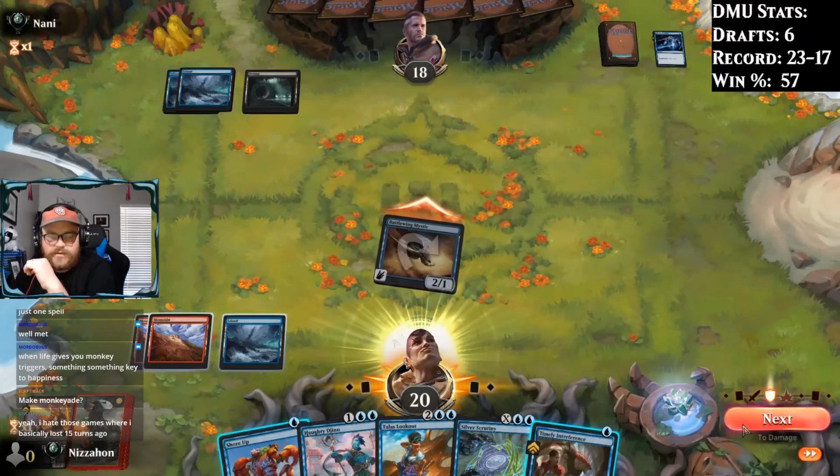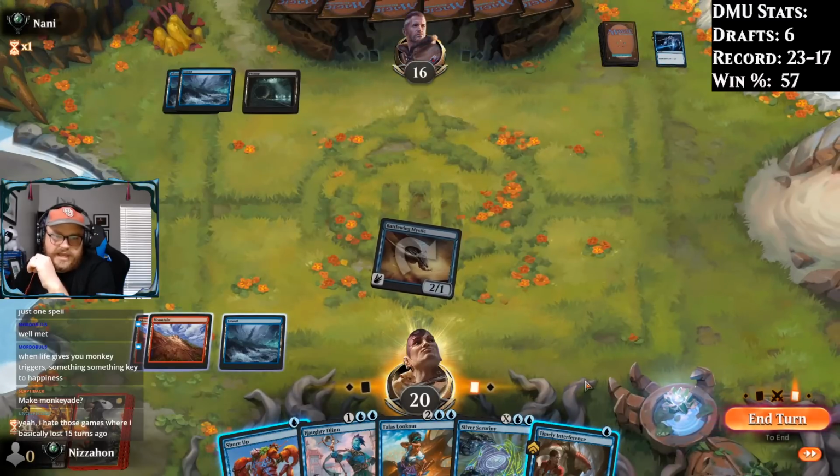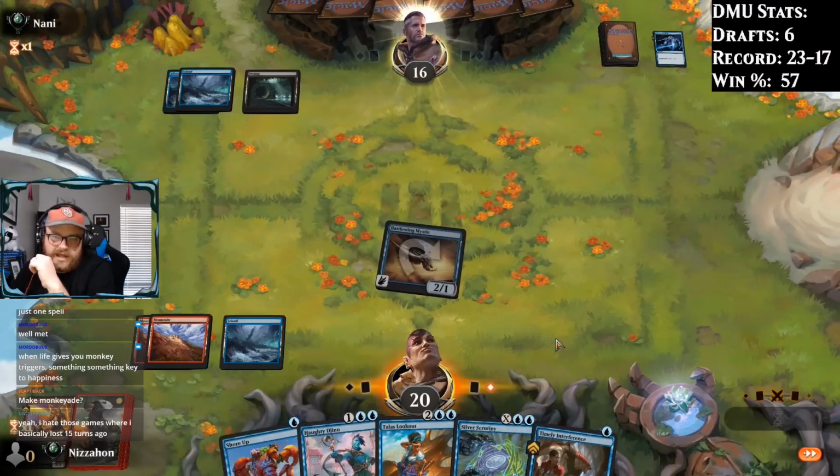Okay, so we attack with our Mystic. Leave up our Timely Interference. I mean, I could cast Interference now, but if they have removal, I would want to have Shore Up, so...